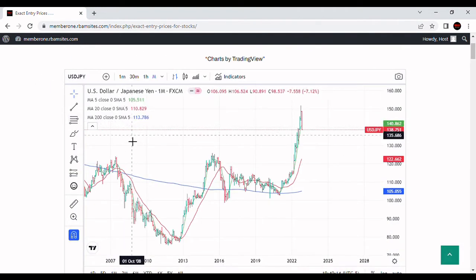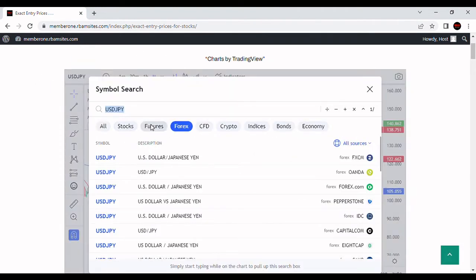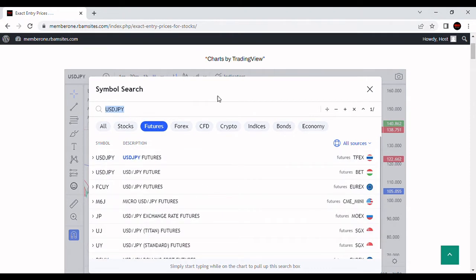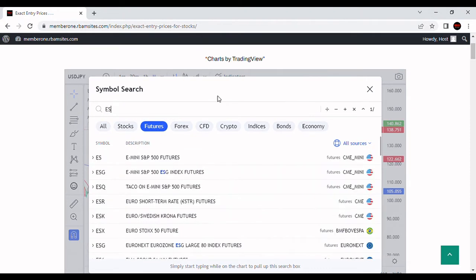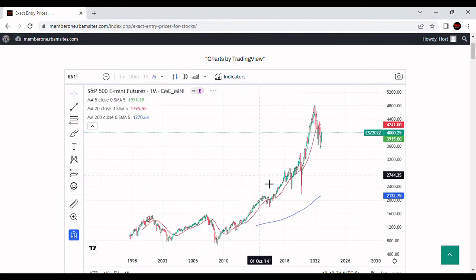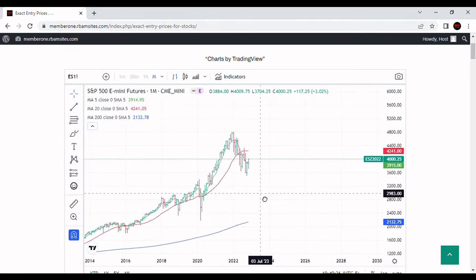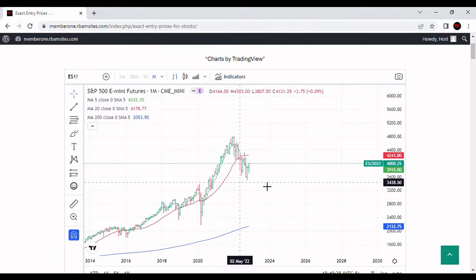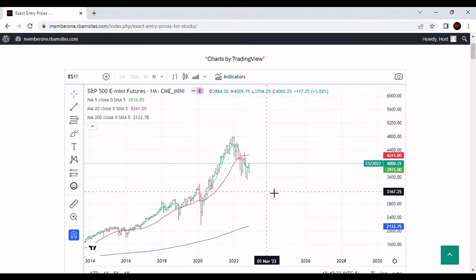Let's take a look real quick because it's interesting to look at our proxy for the S&P 500, which is the S&P 500 E-mini futures contract. Let's take a look at this. What's going on and what's bothering people is you're getting this monthly chart, you're getting a breakdown below the 20-month moving average, and you can see right here the price closed above the 5-month moving average today. This is again the 11th of November.